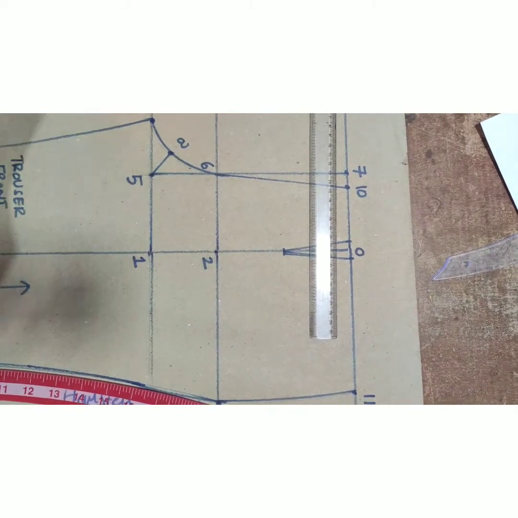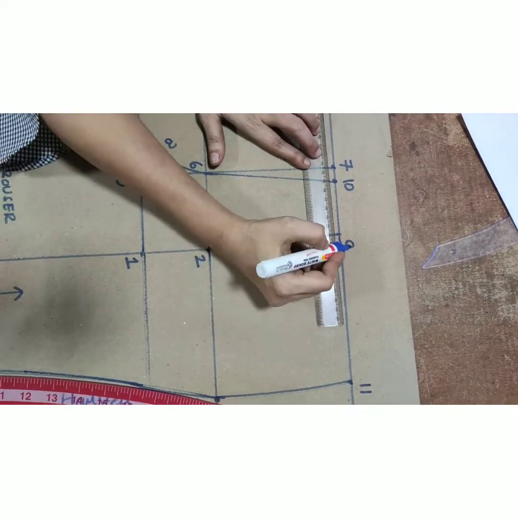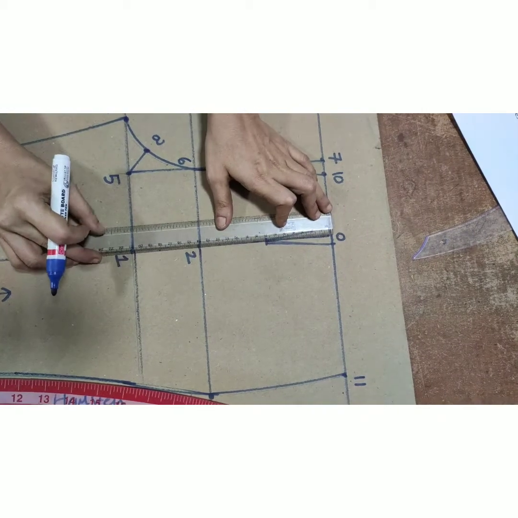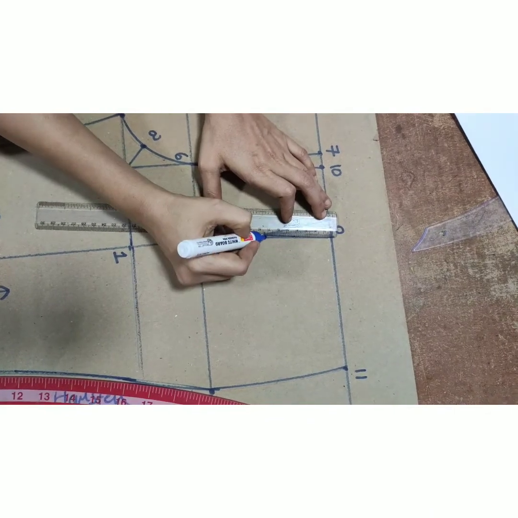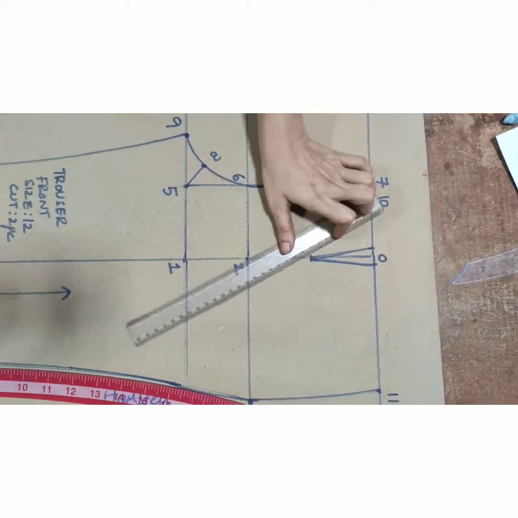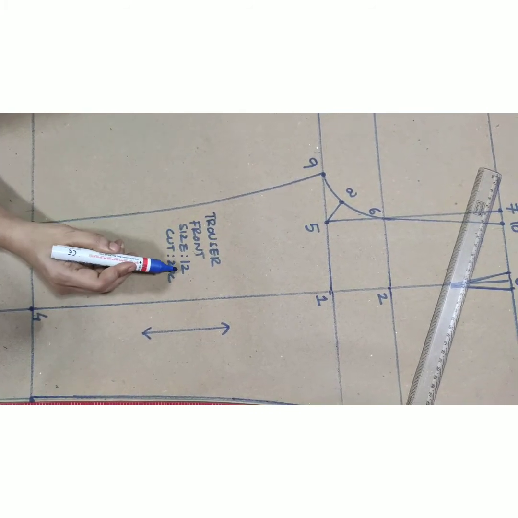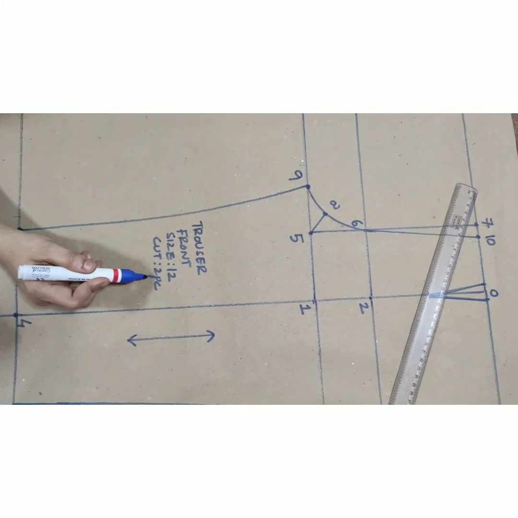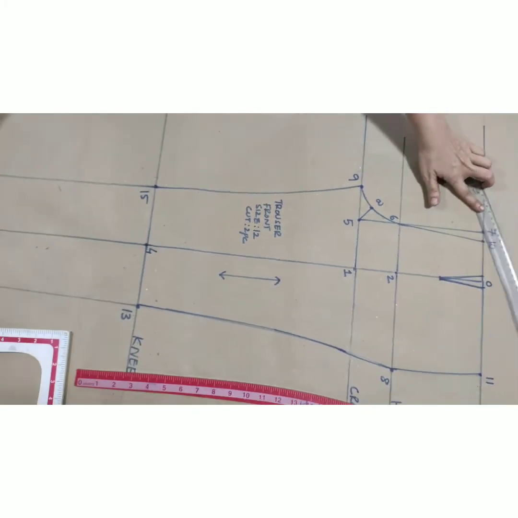So after drawing the out seam, you are going to mark a dart at point number 0. So either side of 0 mark 1 centimeter towards the right and 1 centimeter towards the left, and you are marking a dart length of 7 centimeters, and then you are joining the dart. Okay, so after that you are writing the pattern information. This is your trouser front part and size 12 for hip measurement of 96. So it is size 12. Then you are going to cut 2 such pieces and the grain line is straight grain line. So this is your trouser front.